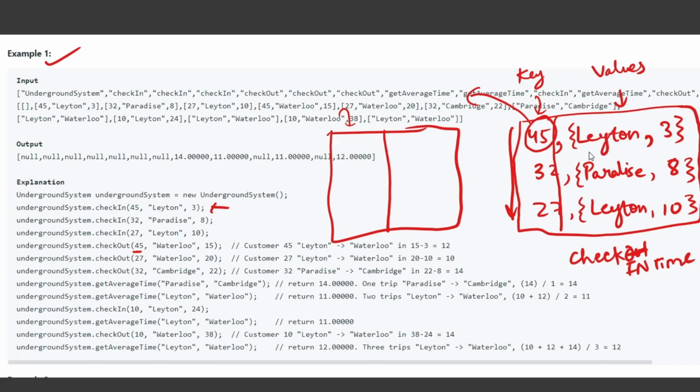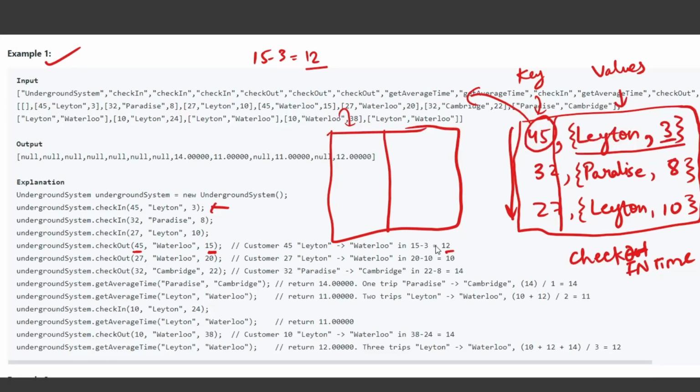After finding 45, we check out. We find the starting station, which is Leighton, and the check-in time, which is 3. So we calculate our travel time as 15 minus 3 equals 12. So this is our travel time right now.